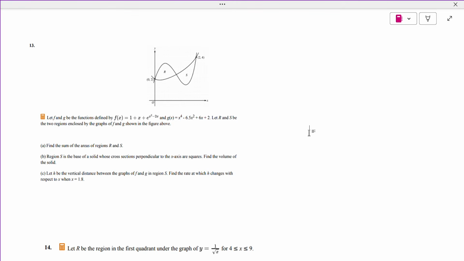Well, we know that this starts at 0 and ends at x equals 2, but we don't know the intersection points between them. So we must set the two functions equal to each other. If you set f of x equal to g of x, or graph them in your graphing calculator, you will get the intersection points. Let's name it A and B. The intersection point is